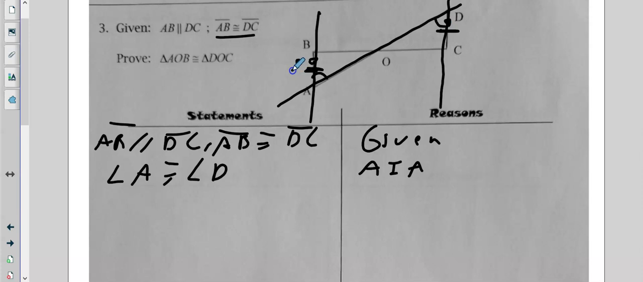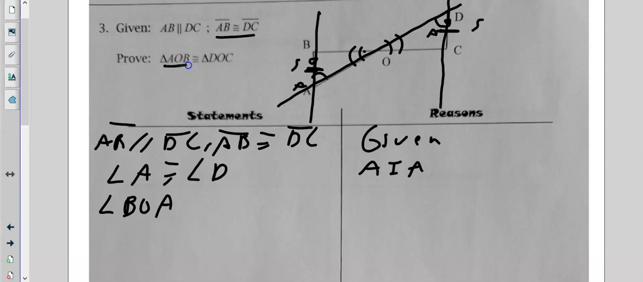So what do we have here? We have a side and a side. We have an angle and we have an angle. And then we have our magic thing we always look for. We have vertical angles right there. Now, in this case, we cannot say angle O equals angle O because there's too many angles there. So we say angle BOA,